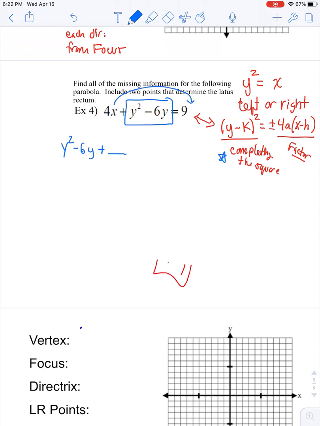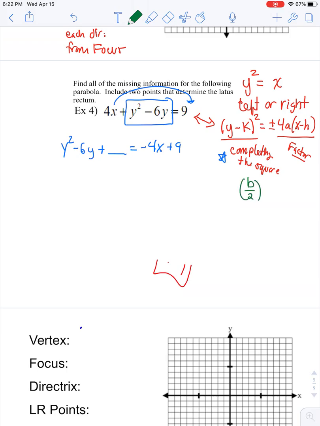Now I want my x to be on the other side of the equation. So right away I'm going to subtract that 4x. So the other side of the equation says negative 4x plus 9. Okay, now as for completing the square, in case you've forgotten, to complete the square, you're going to take your